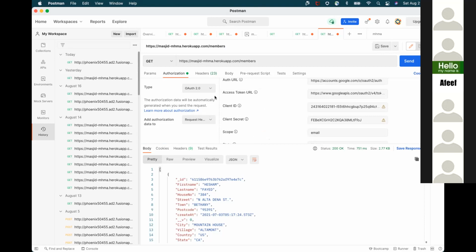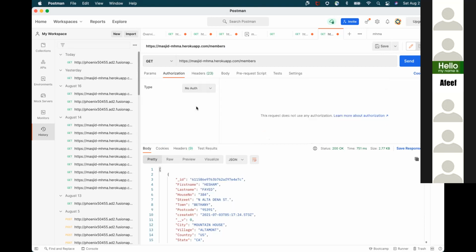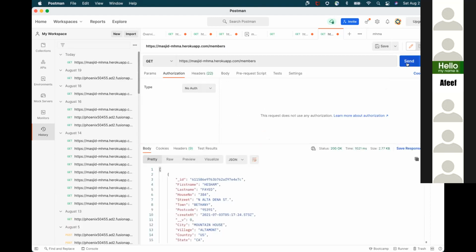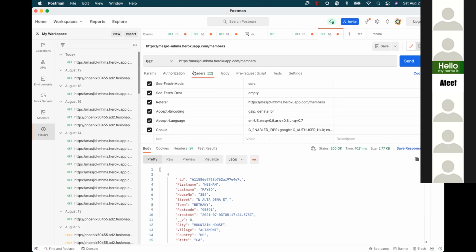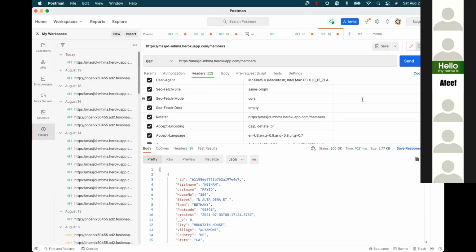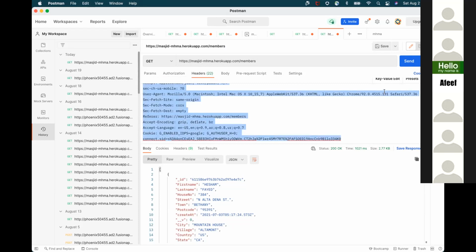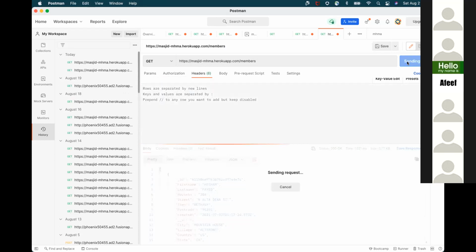Because if I don't do that, for example, if I say I'm using no authorization and do a send, I will get a 401 or something. Well, it isn't, because it probably already has all my headers selected. Let's see, where is it? If I say send, it says unauthorized.